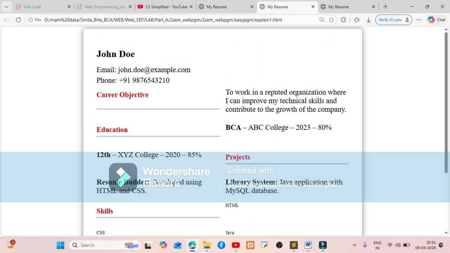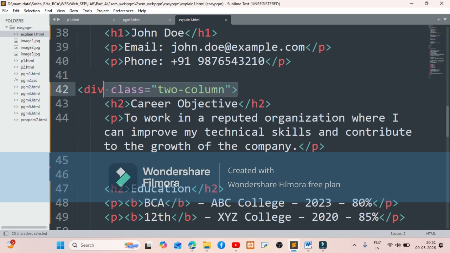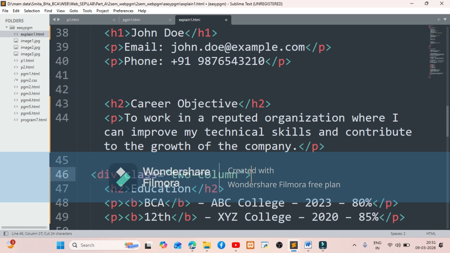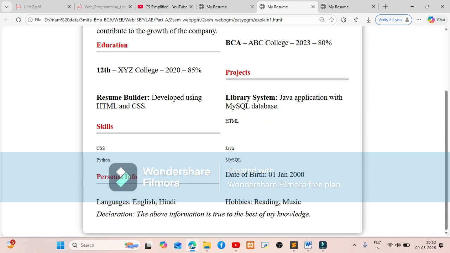The web document is now divided into two columns, but if you see the two columns, it's not at all good, and I think I've given the div tag at a wrong position, because here, after career objective, we have divided the content. So let's go and make the changes. I'll just take it off from here and put it over here. Save it. Let's refresh. Now can you see education, project, skills? It's been displayed in a tabular format, or in other words, the grid format.